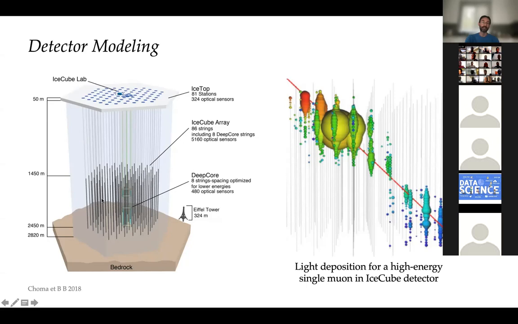So this is the detector. It has a different density of photomultipliers that pick up visible light, or what is called Cherenkov radiation, as a result of interaction of neutrinos. And neutrinos, as you may know, are particles that are very elusive. We are probably penetrated by billions of neutrinos per second that come from our sun and other stars, and we never perceive them because they just pierce us and don't interact.